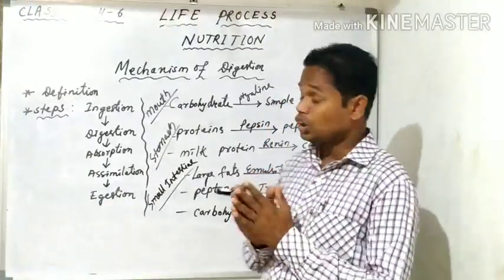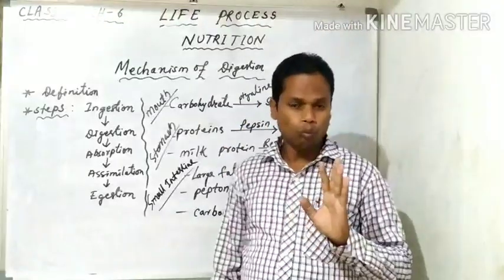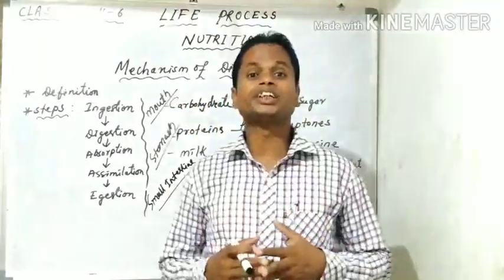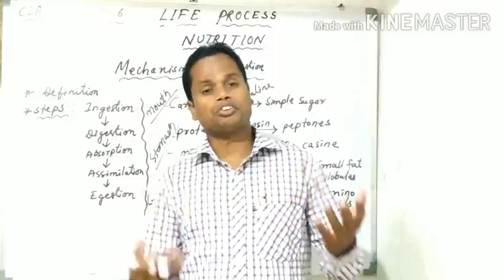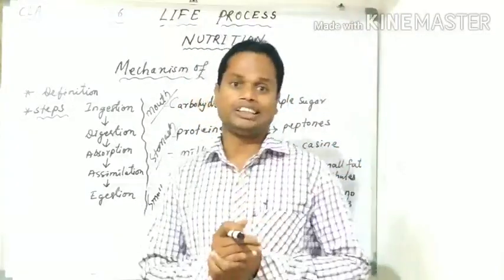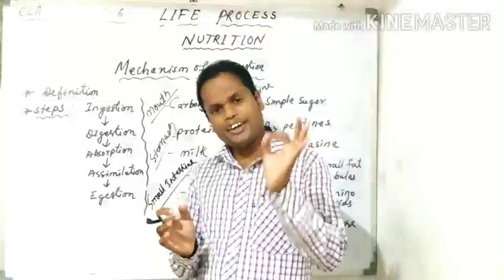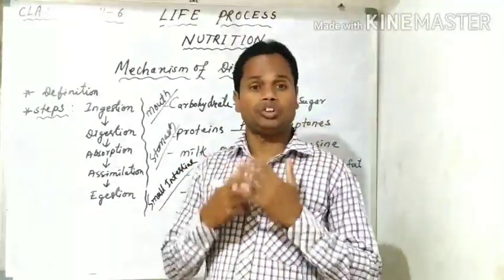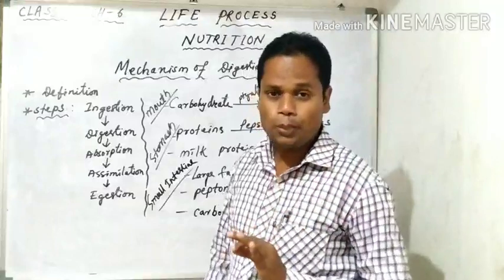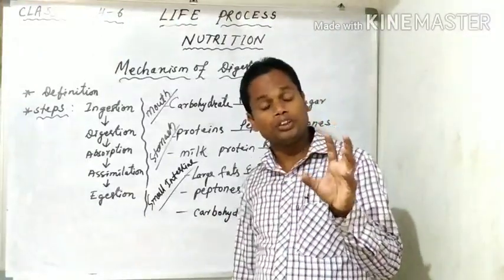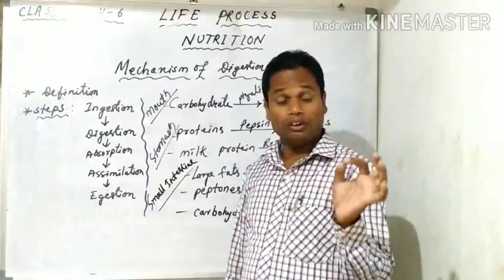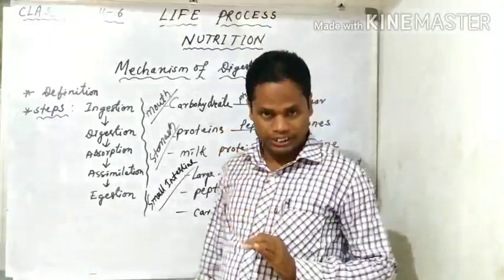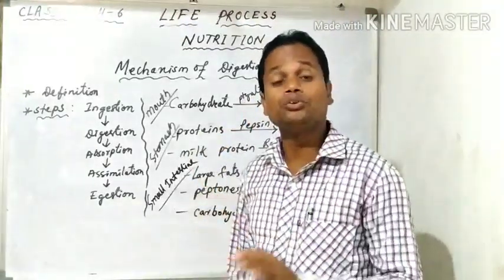First, we must understand what is digestion. We know that various food materials like carbohydrate, protein, fat, minerals, water, etc. we are taking. Carbohydrate, lipid, fat and protein cannot be absorbed directly into our blood. So, they must be simplified into simple molecules. The carbohydrate should convert into glucose, protein should convert into amino acids, lipid and fat should convert into fatty acid